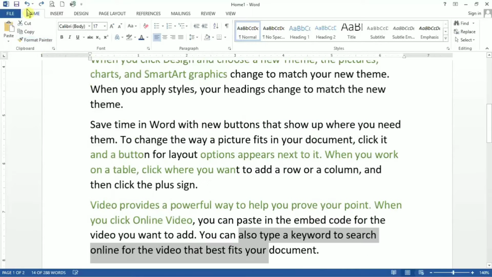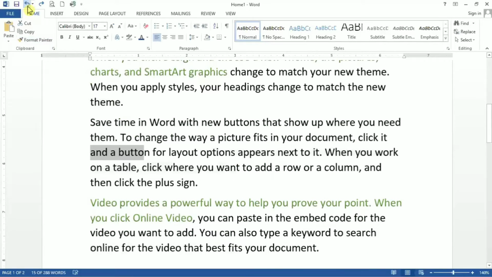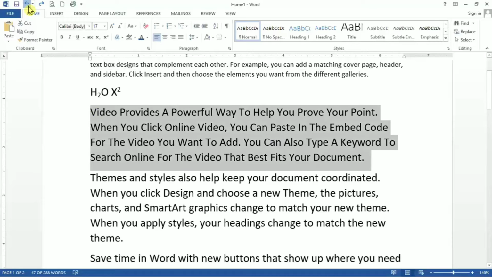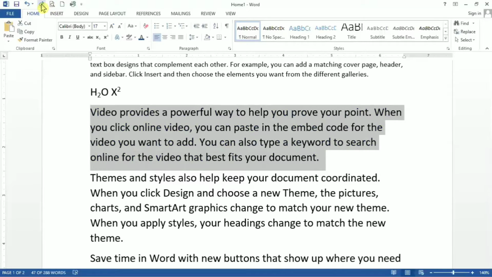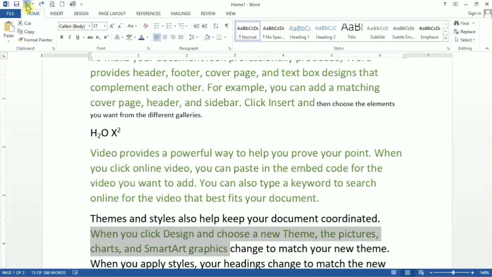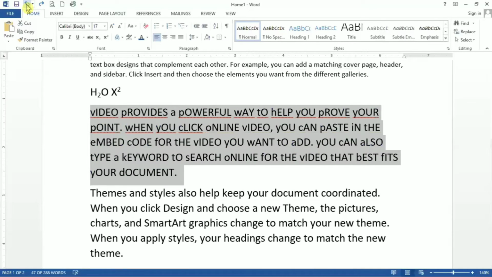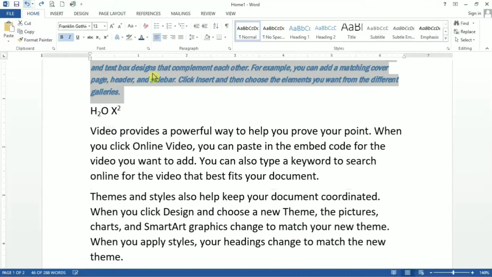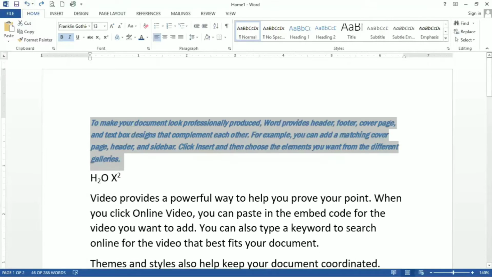Fine. After this, let me do the undo of the previous steps. Here we have the undo option. Undo means to revert the previous step. We have two options, one is undo and the second one is redo. Redo is to repeat the next step. Likewise, here I am repeating the next step. If you want to do undo, that means we are going to revert the previous step. Fine.